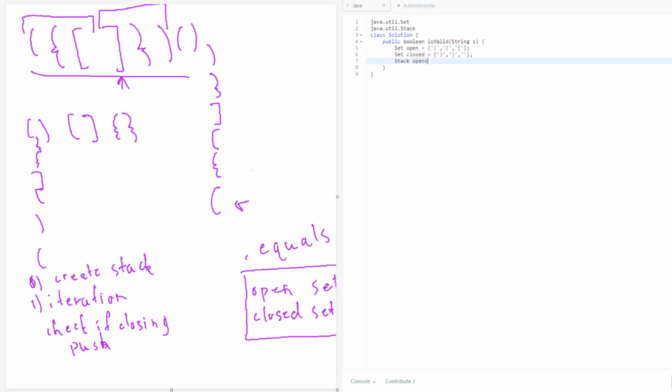Or we'll just keep it opens for now, and it will be just a new stack of type char, and we'll make it empty. And then we will start doing iteration over the string. So we're just going to do our for loop, and for int